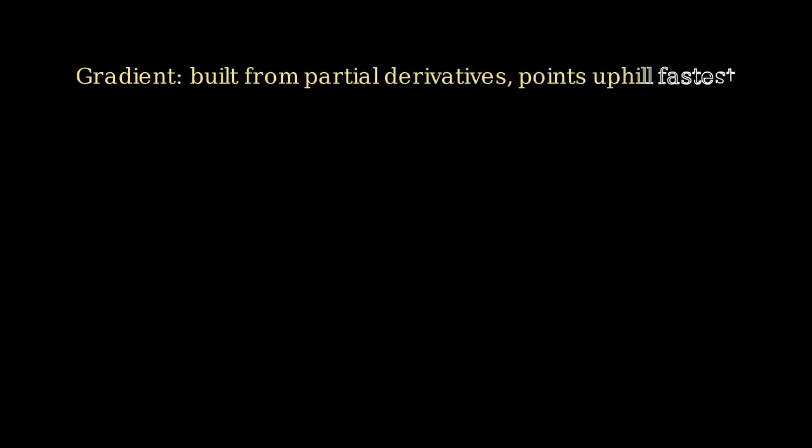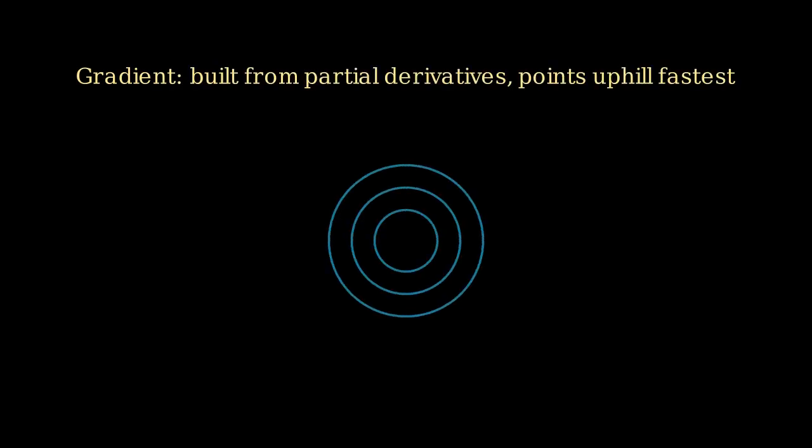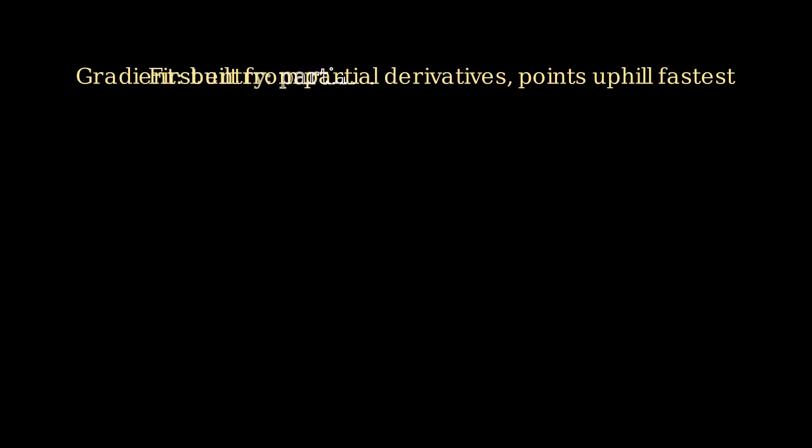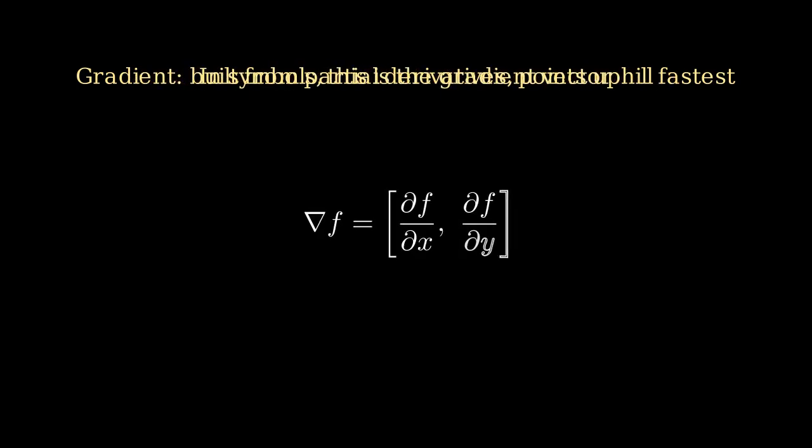The gradient is a vector that we build from all of the partial derivatives of a function. It points in the direction where the function increases the fastest. In words, the gradient of f is the vector whose first entry is the partial derivative of f with respect to x, and whose second entry is the partial derivative of f with respect to y. In symbols, gradient of f equals, open bracket, ∂f/∂x, comma, ∂f/∂y, close